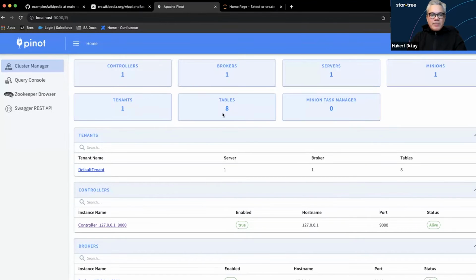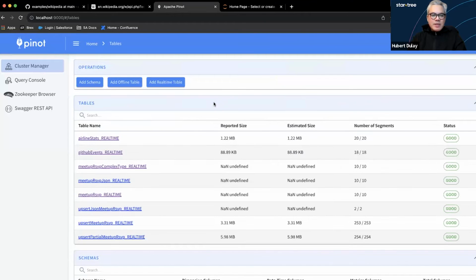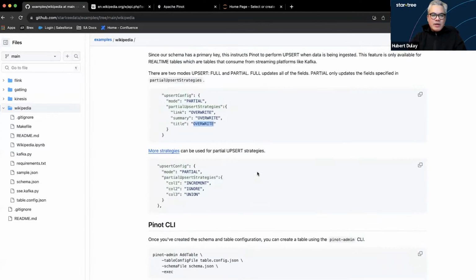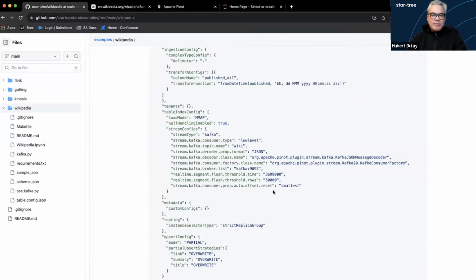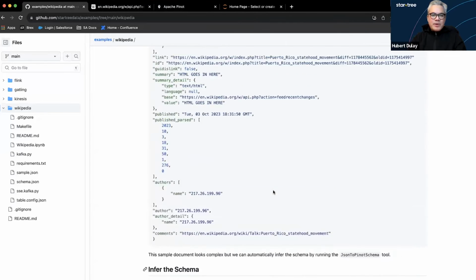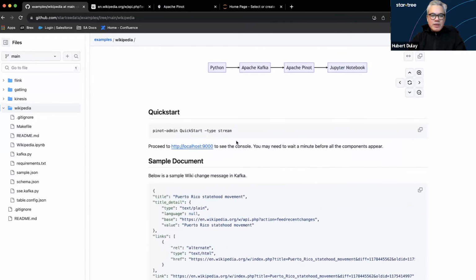This is the Pinot console, where your tables exist. Notice I already have a bunch of real-time tables existing. So if you go back to our repository, when you start up Pinot, it comes with a bunch of quick start